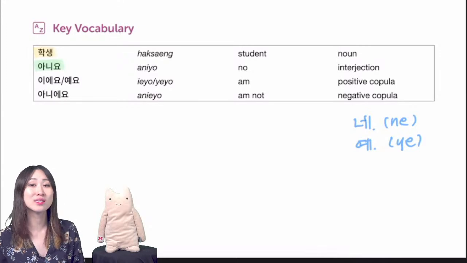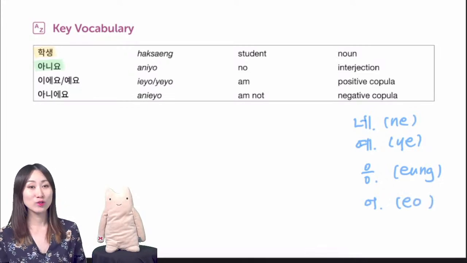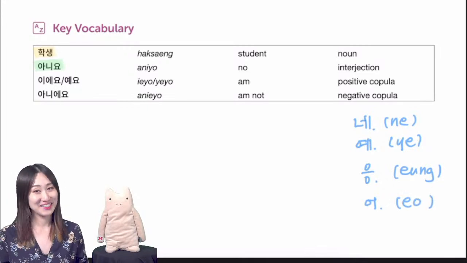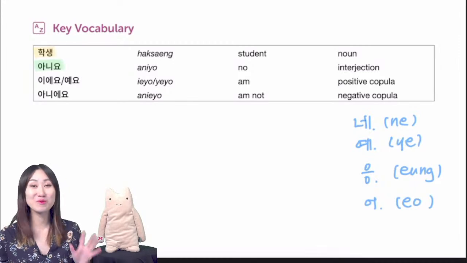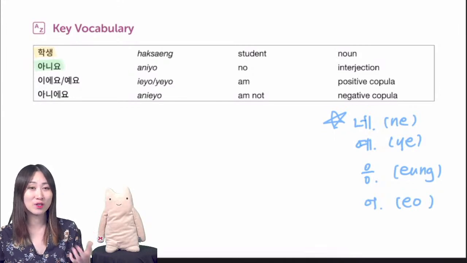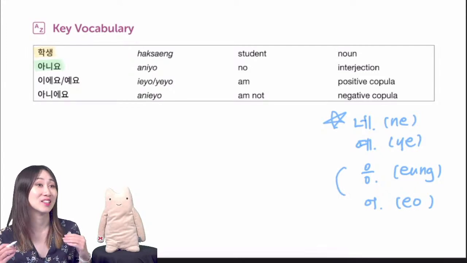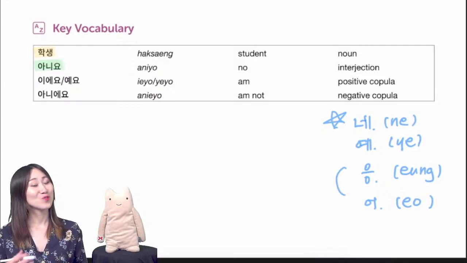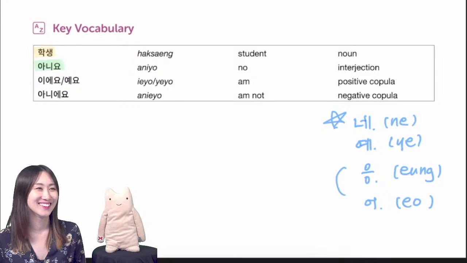And this is the polite way to say yes, and the casual way to say yes is 응 or 어. Do you like pizza? 응. Yes. Do you like pizza? 어. So both of them are okay. Please remember, 네 is polite. 예 is formal but not very commonly used. And 응, 어, both of them are extremely common in casual settings. Okay, Katie. Oh, you say 어 sometimes. Me too. 수미, 응.